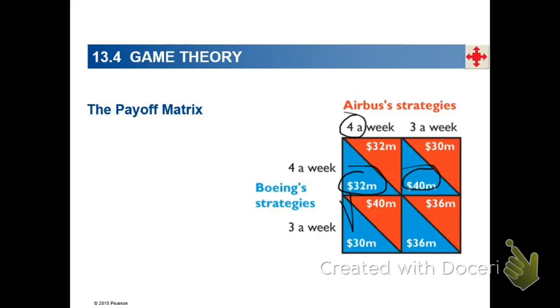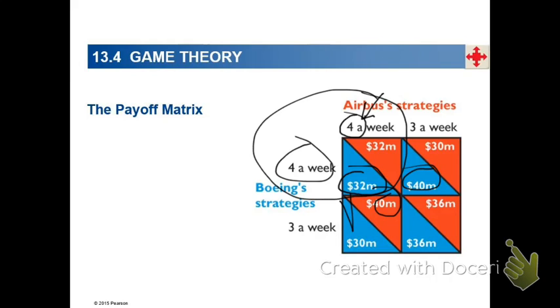Again, when Boeing wants to produce 4 units per week, Airbus wants to produce 4 units per week. When Boeing wants to produce 3 units per week, Airbus probably wants to produce 4 units per week, right? So you can see that the only place where both of them agree is when both of them produce 4 units per week and both of them get $32 million worth of profit. You should notice that if both of them just stayed with their original monopolistic contract, where both of them could act like a monopolist, they could both produce 3 units and their profit would have been higher, at 36 million.